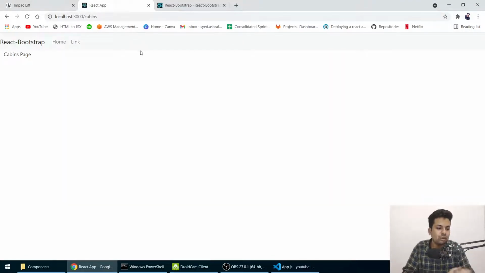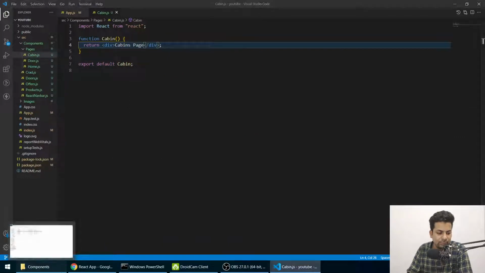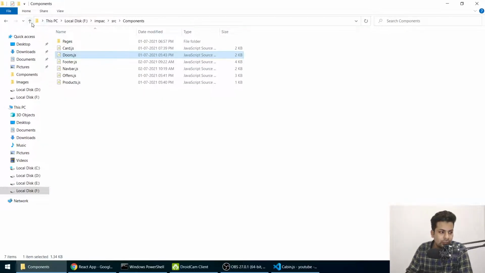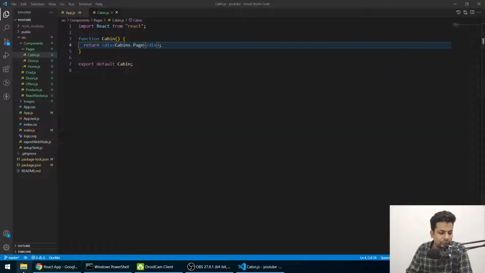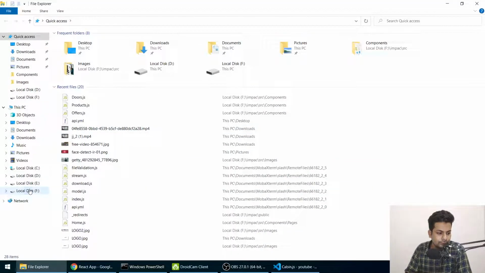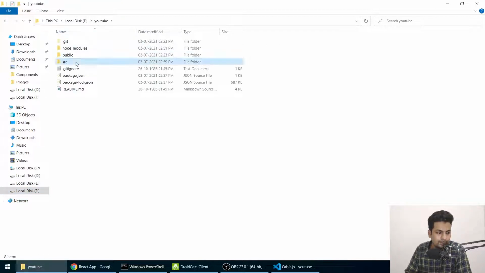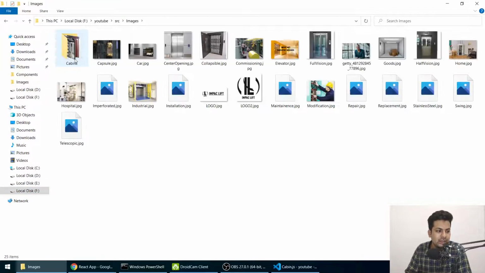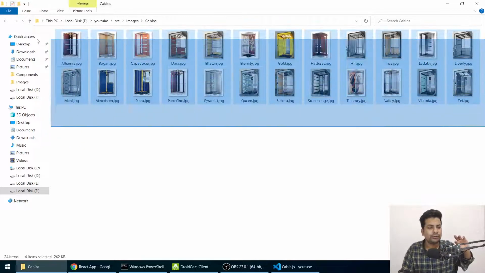And we got already our navbar. But there is one problem. How do you load so many images? So I have made a folder in src. It's not that folder. Let me just open the folder. In src, in images, I have a separate folder called cabins, in which this whole 24 pics are of